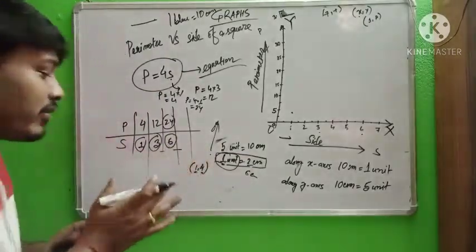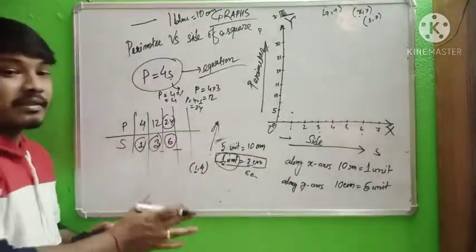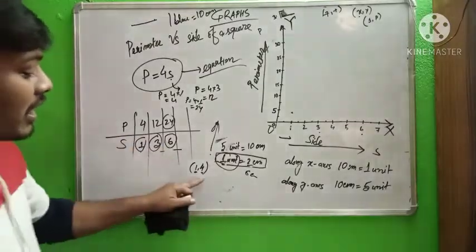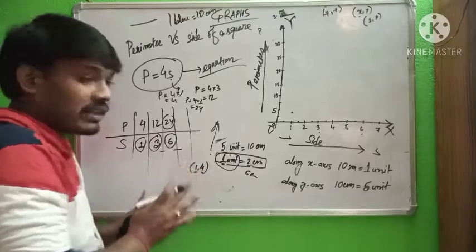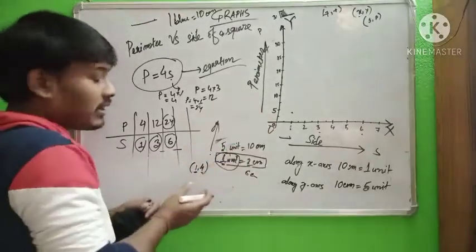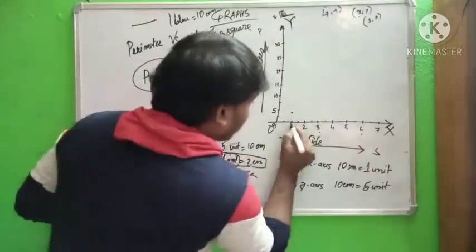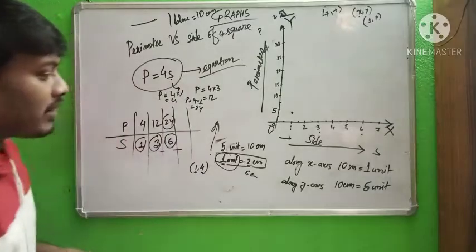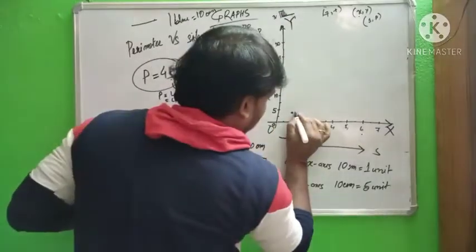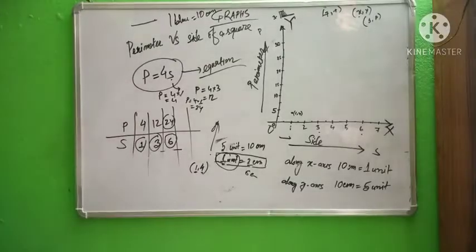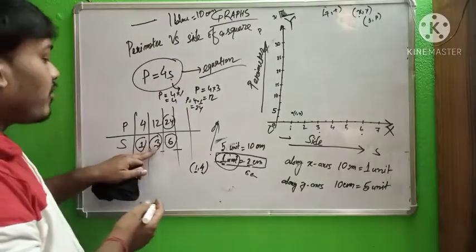In the previous video I discussed clearly how to draw a point. So I think now there is no need to discuss how to put a point on graph paper. So 1 and 4, it is 1 comma 4. If we write it here, 1 comma 4, then it is better. Next value is 3 comma 12.